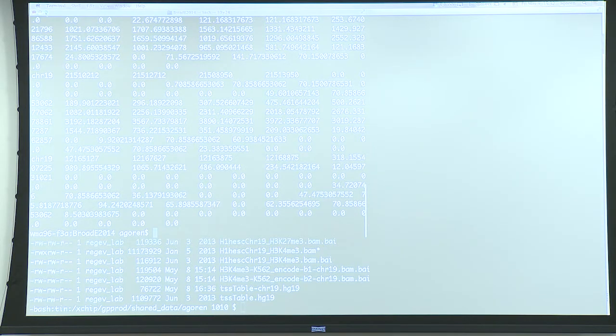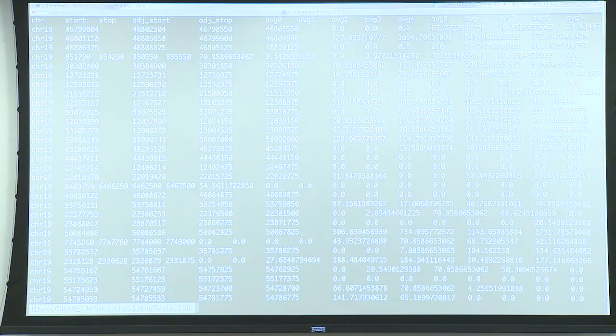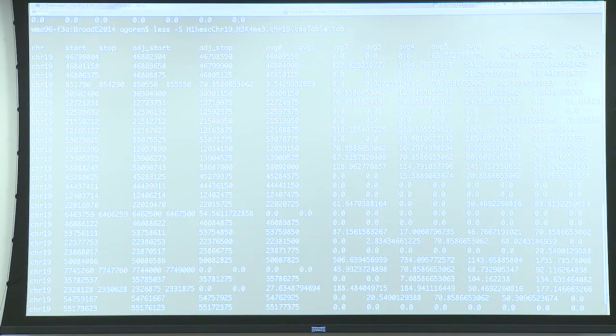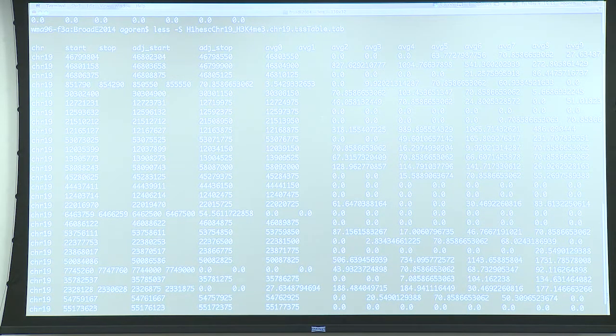Okay, so it might be easier to do it like this. Okay, so this is the tab file. It has chromosome, start and stop, and then adjacent start, adjacent stop. Again, these are like definitions. But for each of the bins, which you can see goes on for quite a long while,